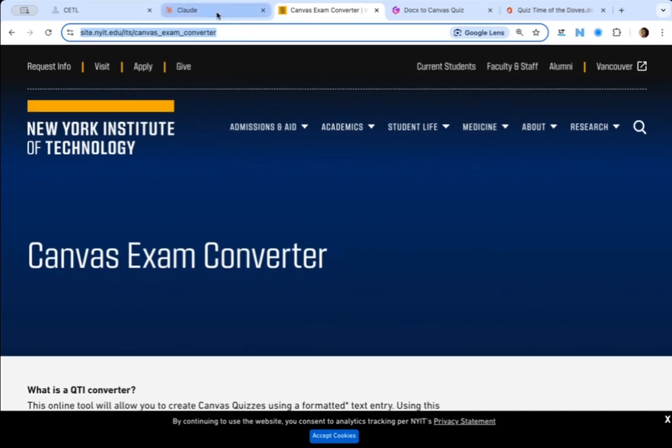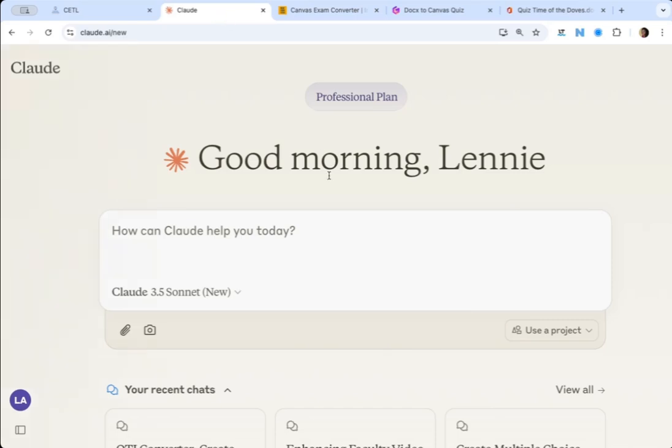I am also going to use Claude AI as my AI chatbot. Claude AI is a safer alternative to ChatGPT in terms of what happens with your data and what conversations Claude AI will engage in. We are, of course, going to need our exam